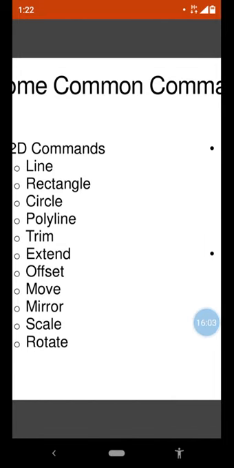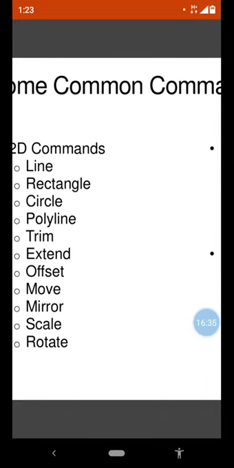Scale: whatever drawing we have drawn, if we want to enlarge it, instead of drawing again we just select scale. The scale factor may be 1, which is 1:1, and that will remain as it is. If you select scale factor 2, then whatever drawing you have drawn will become double the previous drawing.